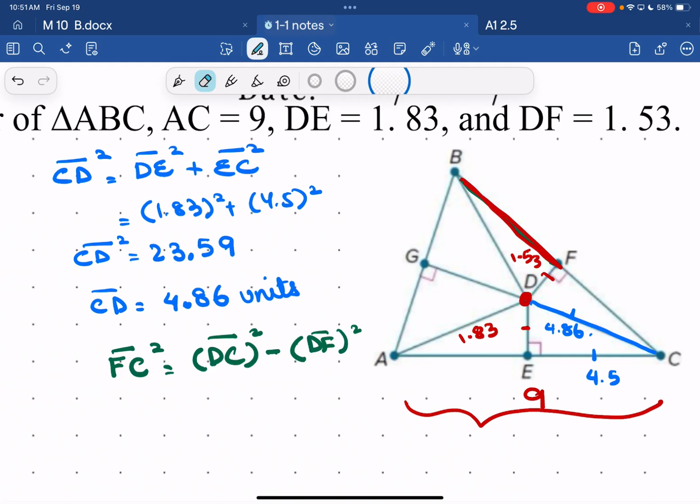Good? So that's why we are subtracting it. Okay, quickly give me: DC is equal to 4.86, the whole quantity squared, minus 1.53, the whole quantity squared. When you subtract this, you get,